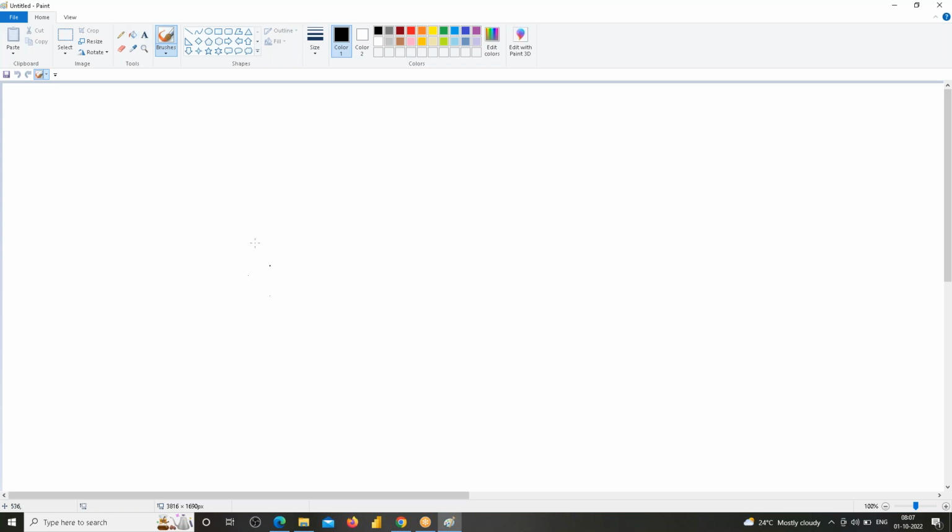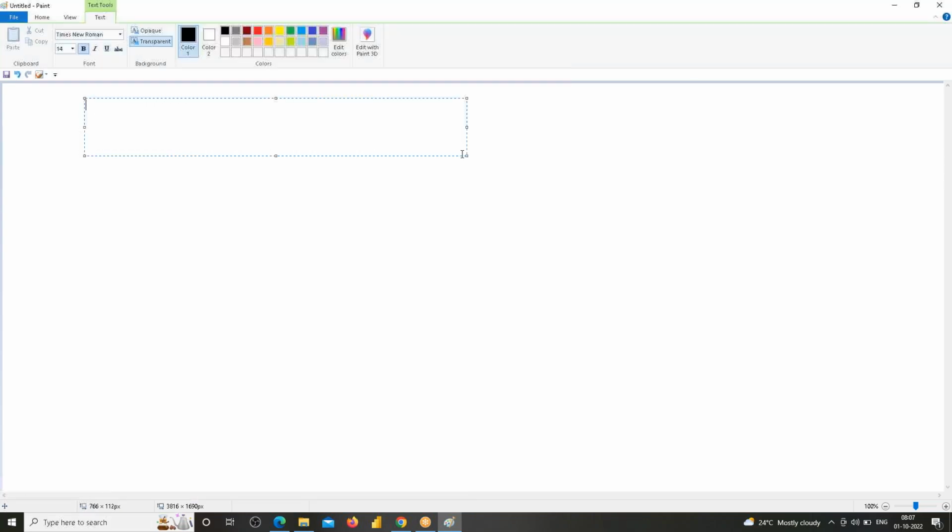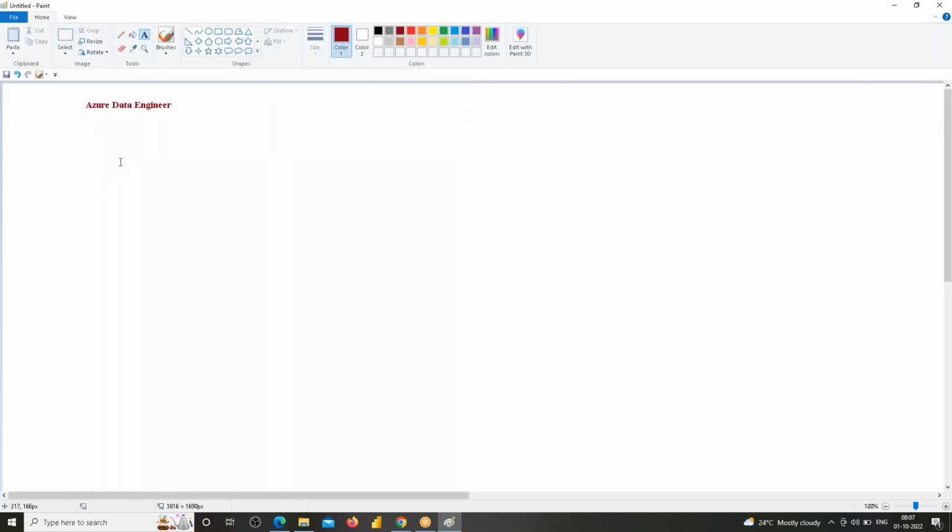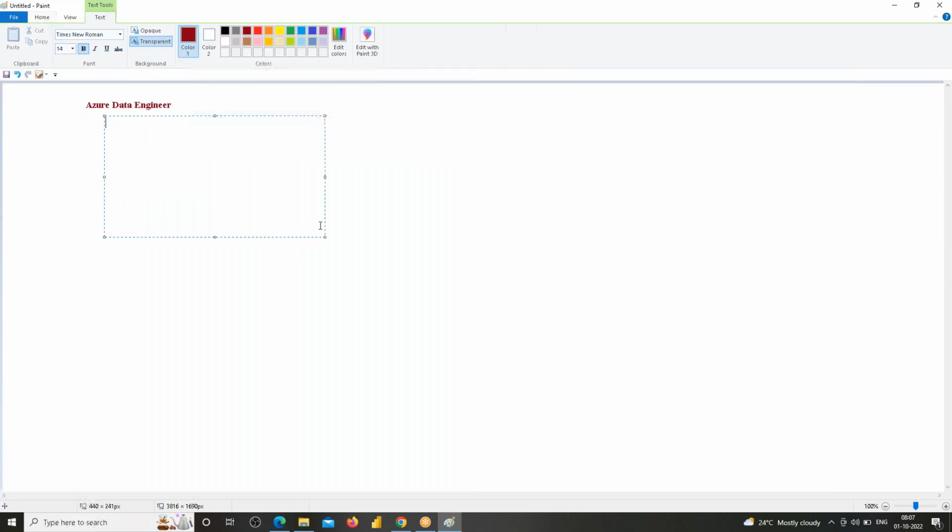So in this training session, we are going to learn Azure. Here we are going to see Azure Data Engineering, the Azure Data Engineer role. In this Azure Data Engineer role, what are the tools, the resources we are going to learn? Primarily, we are going to learn about Azure Data Factory